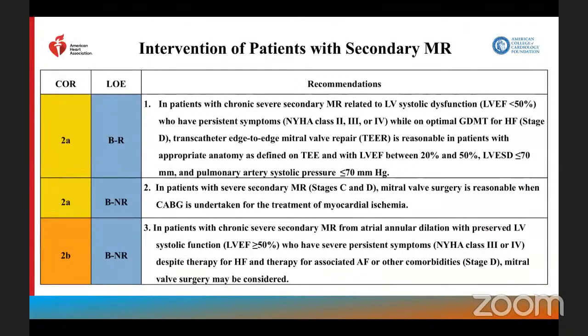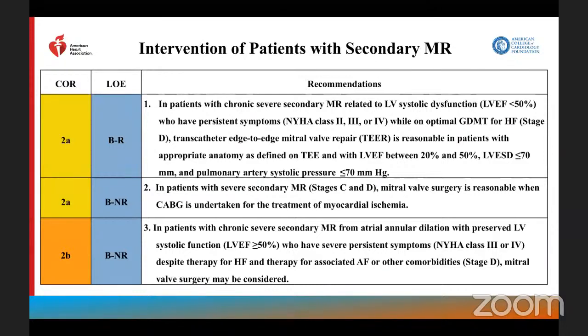Moving to intervention for patients with secondary MR. In case of chronic severe secondary MR related to LV systolic dysfunction, ejection fraction less than 50%, who have persistent symptoms, NYHA class 2, 3, 4, while on optimal guideline-directed medical therapy for heart failure, transcatheter edge-to-edge repair,